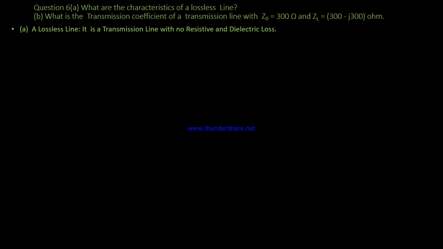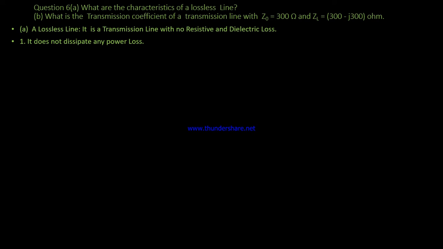Question 6. The A part, what are the characteristics of a lossless line? And the B part, what is the transmission coefficient of a transmission line with Z0 300 ohm and ZL 300 minus J300 ohm? Solution to